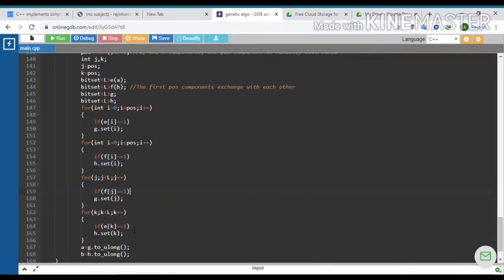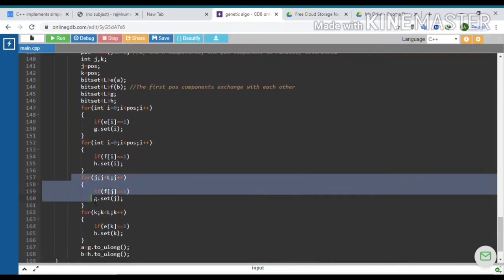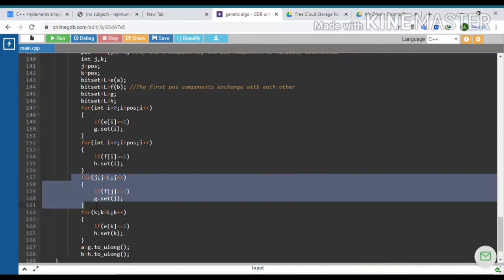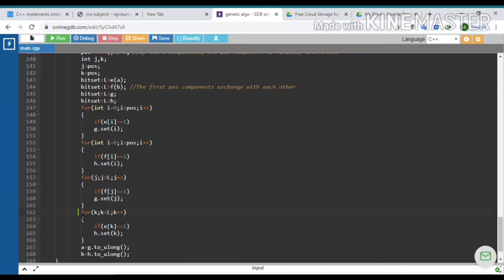After this, in this loop, we are applying the swapping part. We are running the loop from that position to the length of the chromosome L. So we check for the jth bit of F bitset. If it is set, then we set the jth bit of G bitset, and we also do the same in this loop.